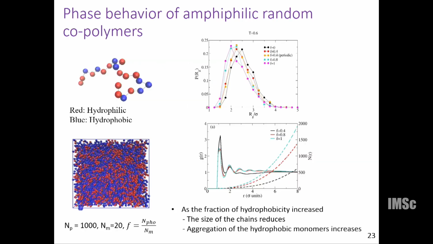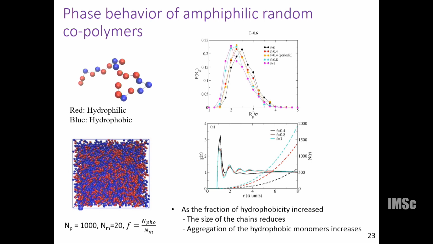What I'm currently doing with a master's student is to look at signatures of liquid-liquid phase separation in such systems. We are currently doing some basic validations of the model that we have chosen, and this is where we are at. I can roughly tell you what we have right now. These red beads are hydrophilic and blue are hydrophobic. This is how the system looks. We have a system of 1000 polymer chains, each of 20 monomers, and we can tune the fraction of